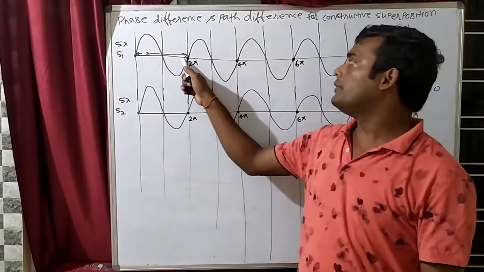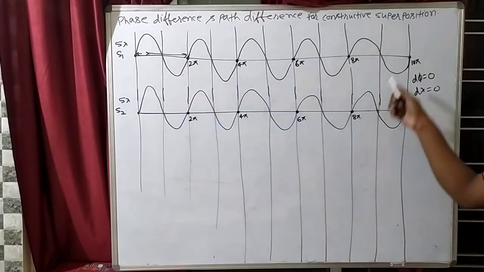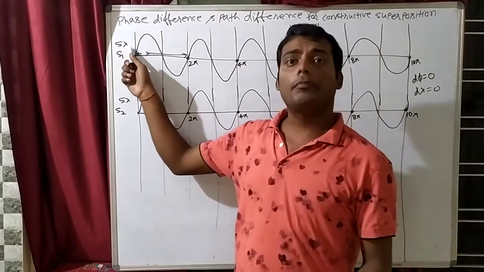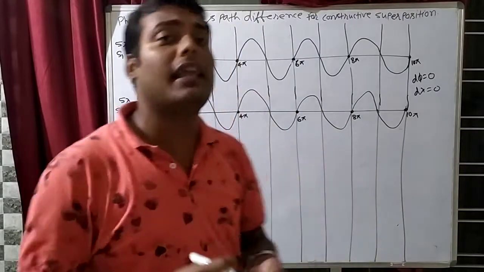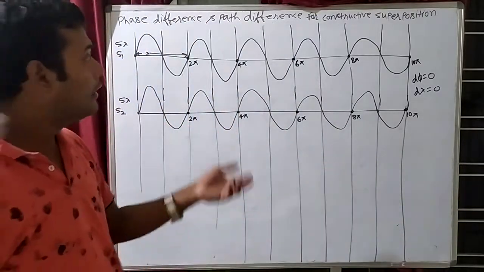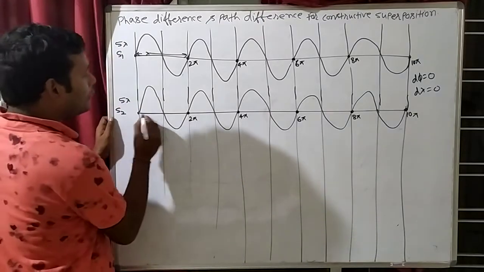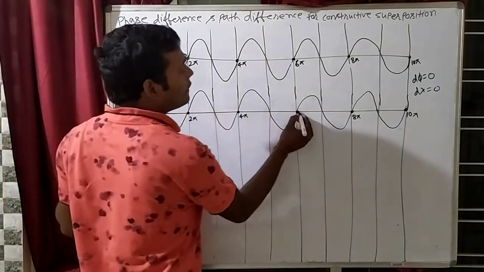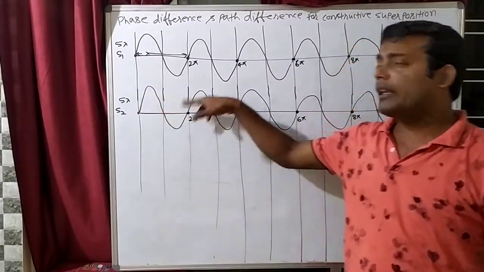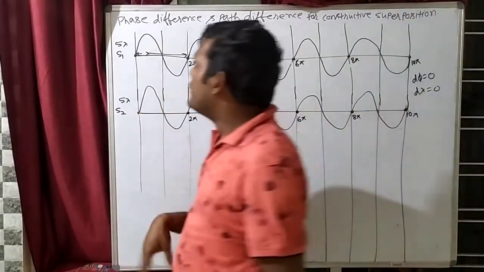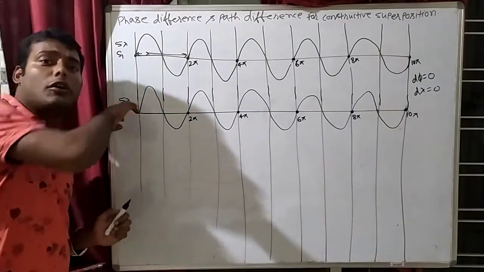Now do it fast. Lambda, 2 lambda, 3 lambda, 4 lambda, 5 lambda. So this wave is traveling how much? What is the path length? This is known as path length. That is the length of the path. So what is the length of the path? 5 lambda. Now see in this way. Here to here. Lambda, 2 lambda, 3 lambda, 4 lambda, 5 lambda. So what is the length of this path? 5 lambda. So this path length is also 5 lambda and this wave path length is also 5 lambda.